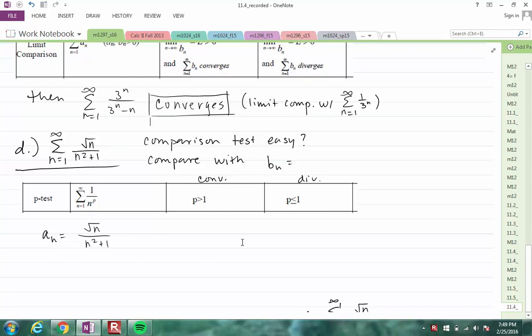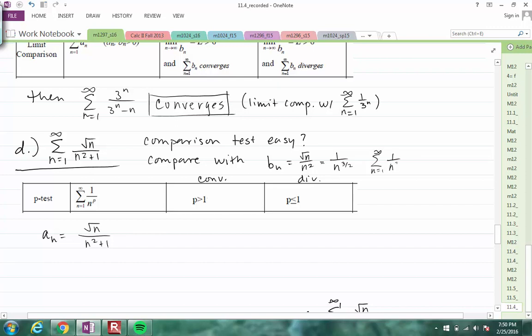So either one, the b sub n process is kind of the same. Also note that you have to have your a sub n greater than 0, which we've got going on here. So playing the game with the dominant terms, we have our numerator, just one thing there, down low n squared plus 1, n squared's dominant. So let's compare with the square root of n over n squared, which simplifies to 1 over n to the 3/2,